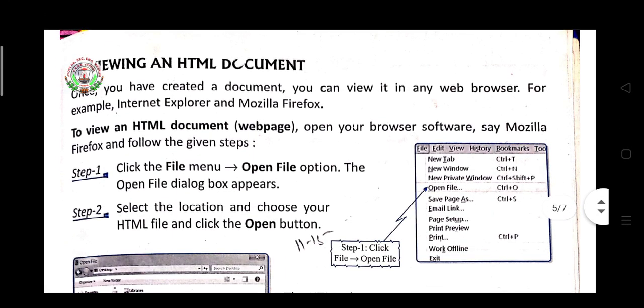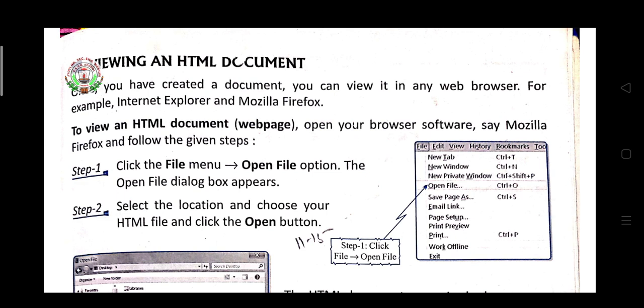Then afterwards, viewing an HTML document. How to view it in any web browser. Suppose you are using Mozilla Firefox, then open that Mozilla Firefox browser. In that, go to the file menu, and from there select open file.